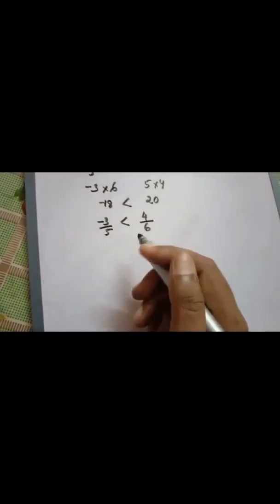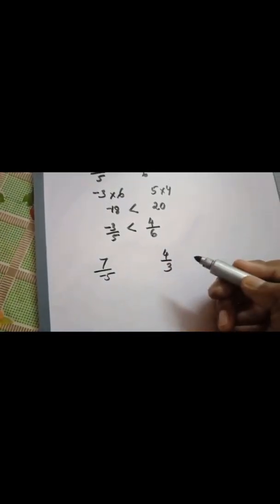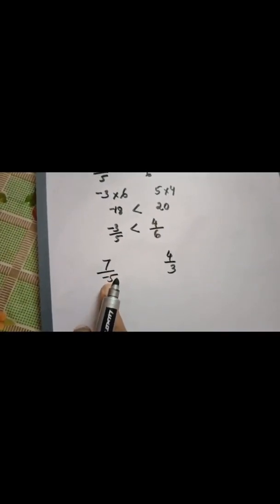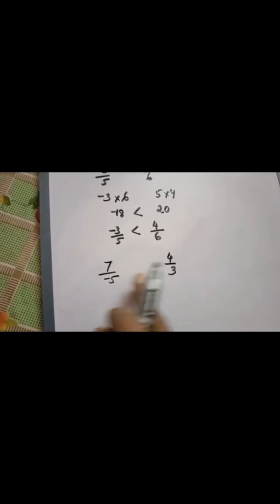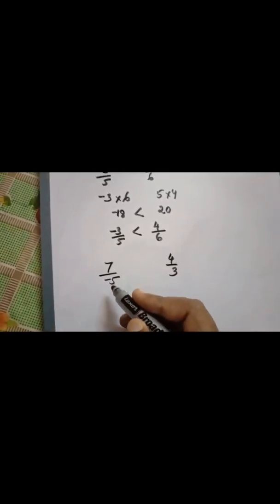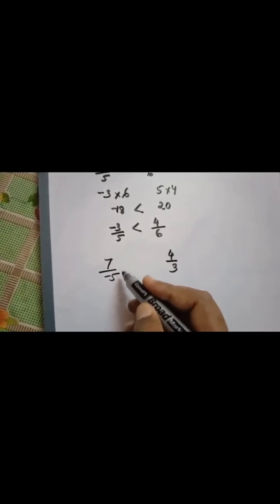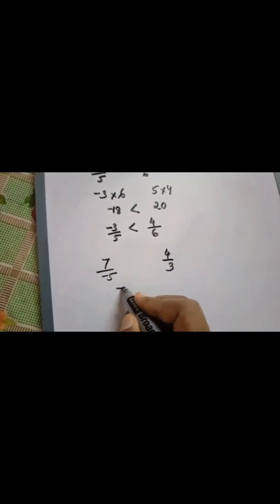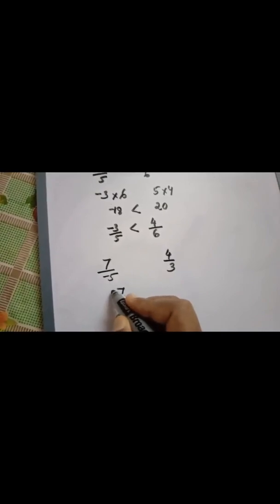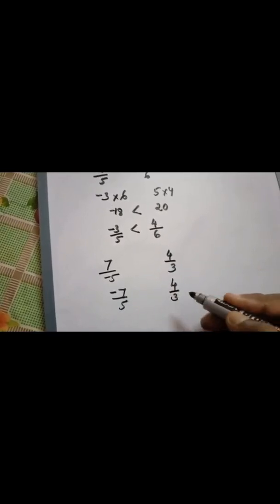Now consider another example. 7 upon minus 5 and 4 upon 3. Here, the first rational number has a negative denominator and the second rational number has a positive denominator. So first step, we have to make the denominators positive. To change the denominator of the first rational number into a positive integer, we have to multiply both numerator and denominator by minus 1. Then 7 upon minus 5 will become minus 7 upon 5, and the second rational number is the same, 4